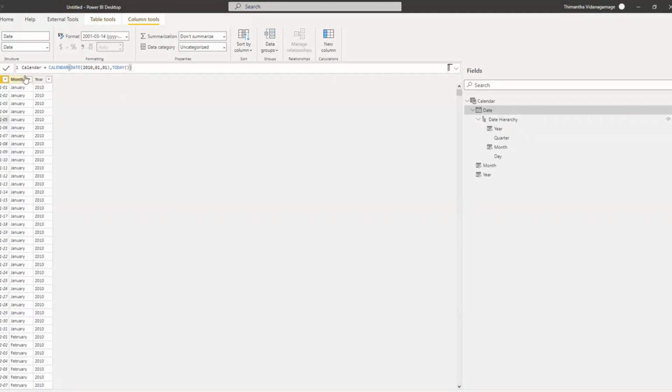So you can see how I have extracted and created that. But under the date column that we created, if you go to the drop down and go to date hierarchy, you can see the entire hierarchy: year, quarter, month, day, and everything. It's broken down, extracted and given by Power BI. The reason why I created two separate calculated columns from scratch is to show you guys how it works.